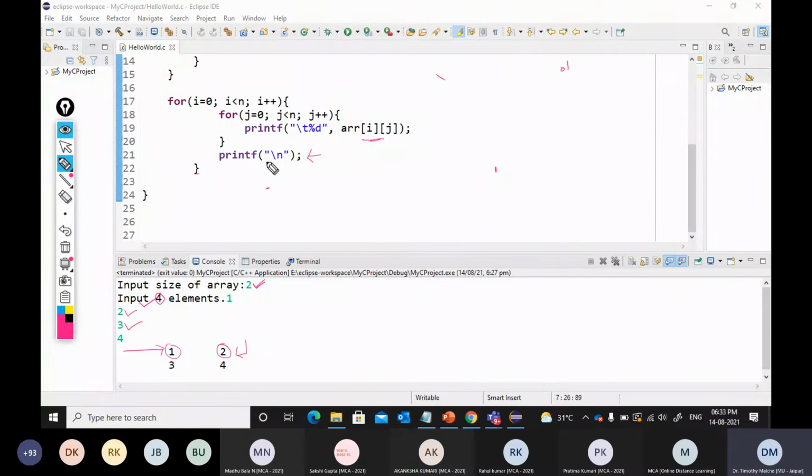So this will print a new line, and then it will move to this outer loop, and here i becomes 1, and when i is 1, j is 0, so 3 will be printed and 4 will be printed likewise. Okay, so this is how the execution works. Now we are going to see how you can create